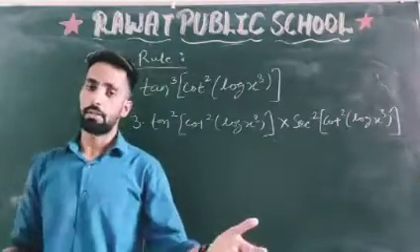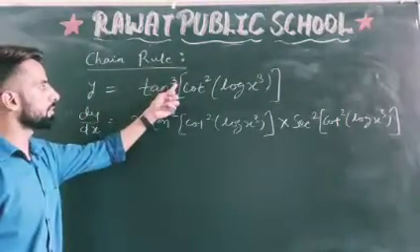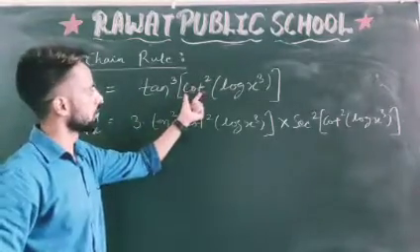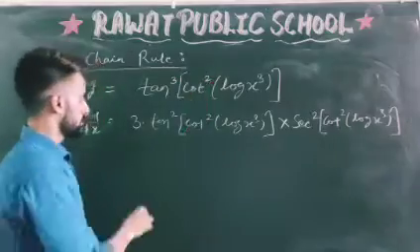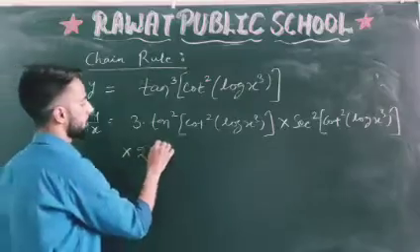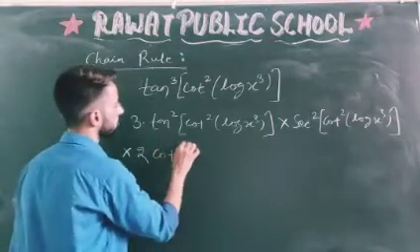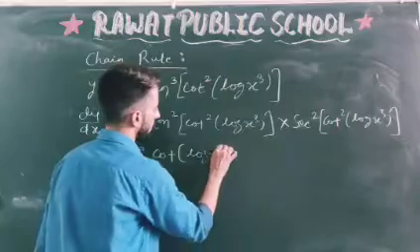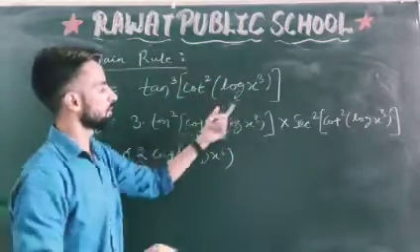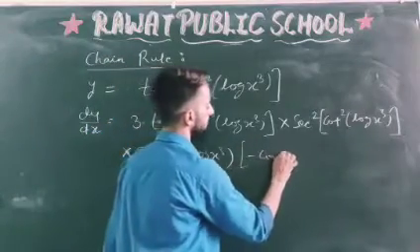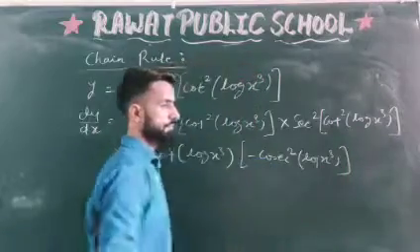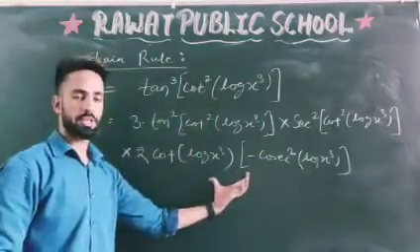Done. Next step, power of the subfunction. Power of the main function and the main function are differentiated. Now the subfunction, next is cot. Cot has a power here. So everything is in multiplication. Power of cot log x cube, done. Now the subfunction cot theta. Cot theta means minus cosec square theta. Power of the subfunction and the power are differentiated here.